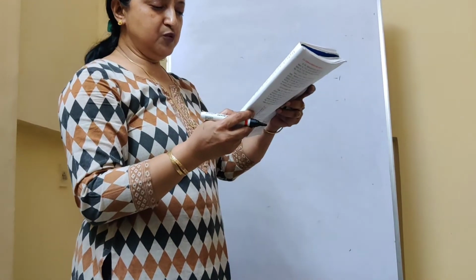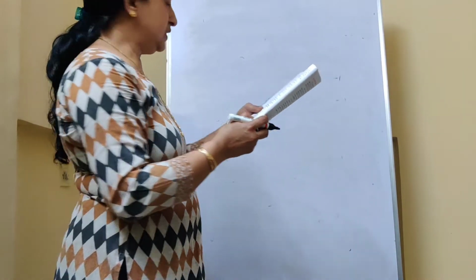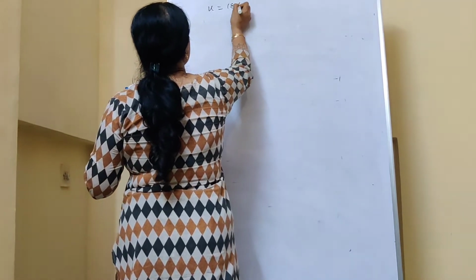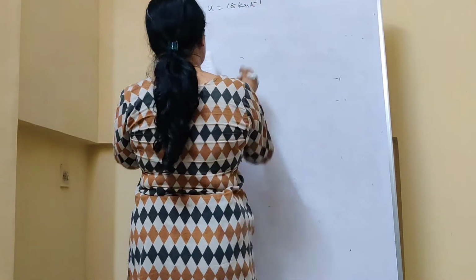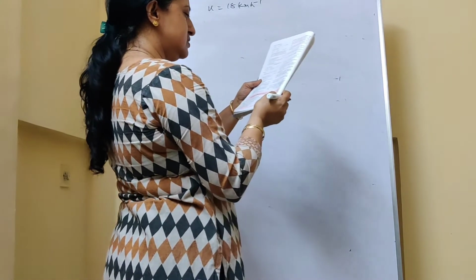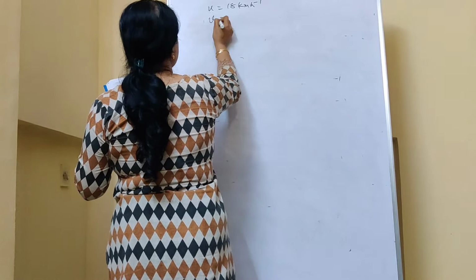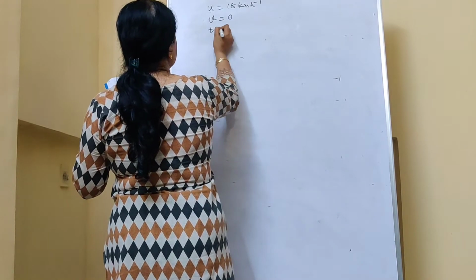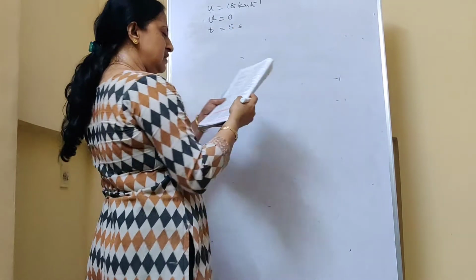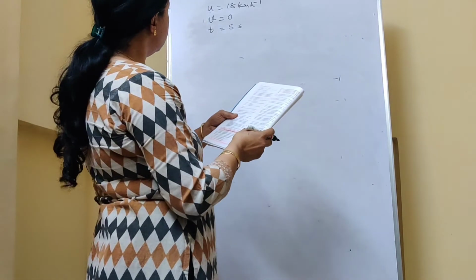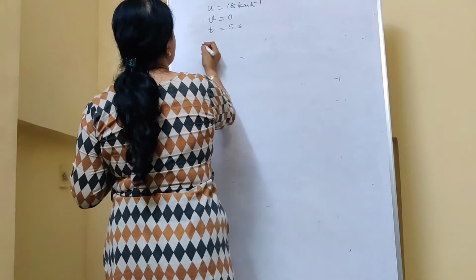It is a car moving in a straight line with speed 18 km per hour. So speed is how much? 18 km per hour. Okay. Now it is stopped in 5 seconds by applying the brake. Children, stop means final velocity is 0 and time is how much? 5 seconds. Right. Now you have to find the speed of the car in meters per second. It is given in kilometers per hour.